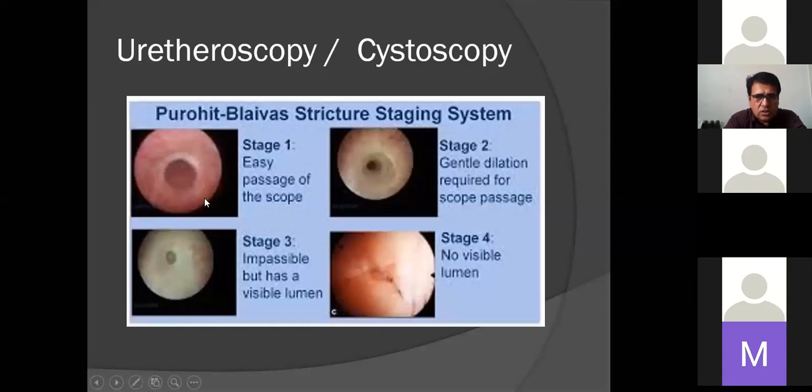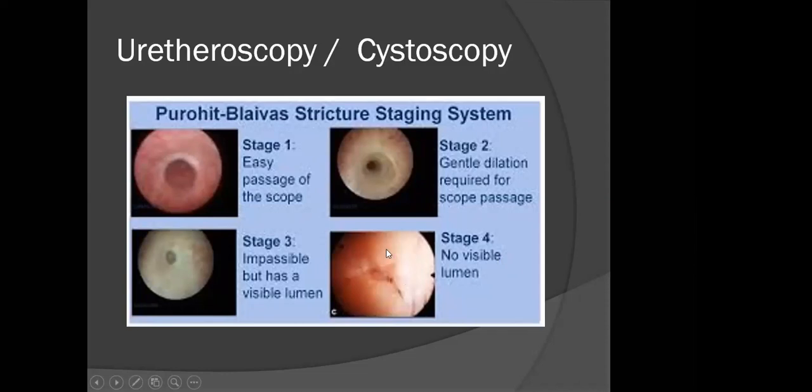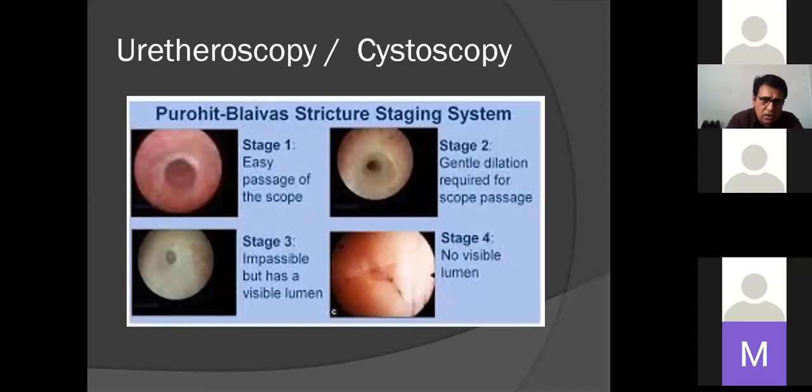So these are the stages. Stage 1 is a very simple urethral stricture which does not cause much symptoms. In stage 2, there is a good narrowing, but the lumen is very visible and broad, so there are still symptoms, yet there is no complete obstruction. But here you can see hardly any lumen is visible with this stricture, and in stage 4 there is no lumen. That means complete obstruction of the urethra, and because of that, a patient will present to you with complete retention of urine. The patient cannot pee.